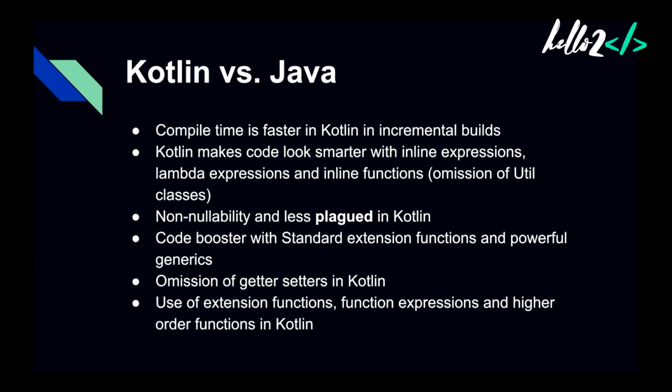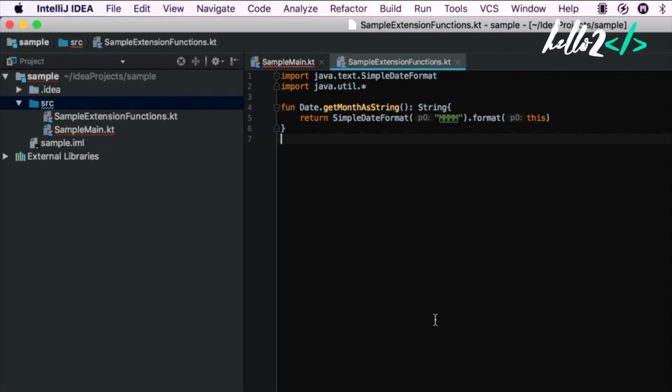Now coming to the second point, Kotlin has a lot of powerful ingredients which give the developer a lot of power. We have seen in our Java projects there are tons of util classes, and as the project's length increases, maintaining them is a big pain. Now, actually, in Kotlin, we can remove all those utils and all those kinds of classes by applying extension functions to good effect. Now, let us see an example.